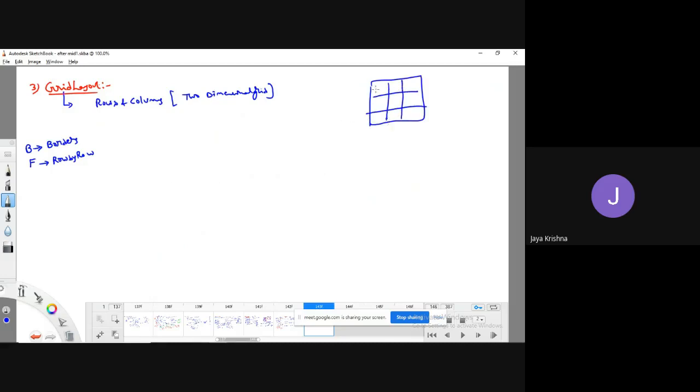It looks like this. So here I can place one component, one component, one component, one component. So in total, how many components can I place? I can place 9 components, whereas in border layout I can place 5 components. If you wish to add more components, I can use one more layout here, and I can add more components. Okay, fine. So it also has a predefined class, that is grid layout.